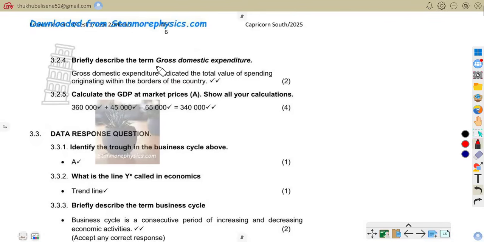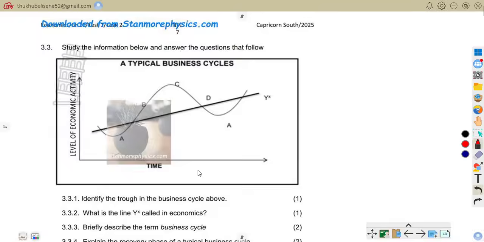So here are our answers for gross domestic expenditure. A gross domestic expenditure is indicated as the total value of spending originating within the borders of a country. So that is why it's called gross domestic expenditure. That is the total value of spending originating within the borders of the country. So 3.2.5,